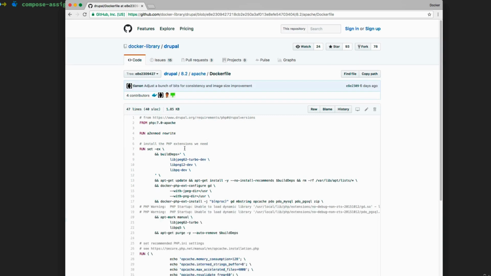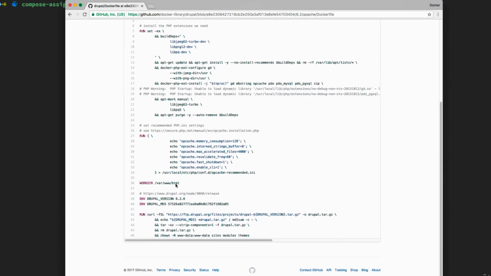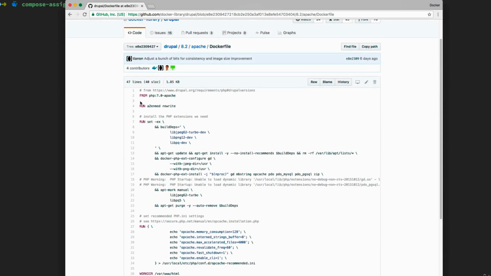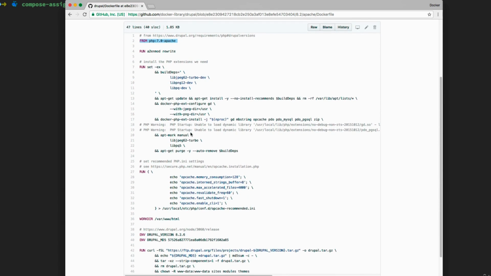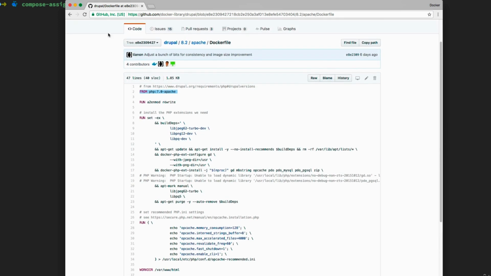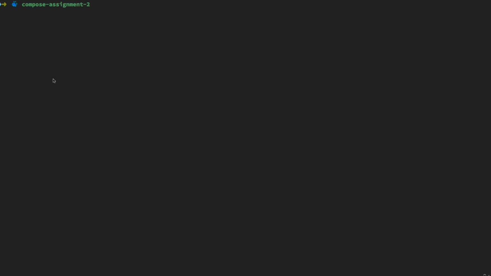I can actually go inside the Dockerfile here, and it looks like it's coming from PHP Apache, and there's no port command here. So if I actually want to know what the port was, I could do several things. I could either go look up that from image and see what the expose command was in there, or if I had the Drupal locally,